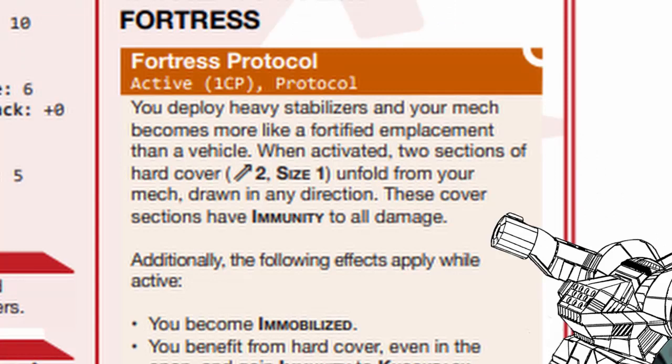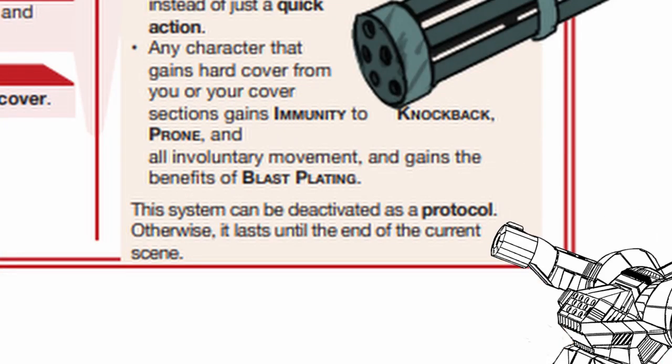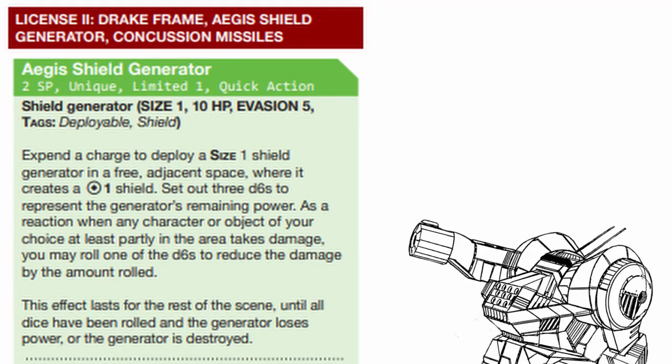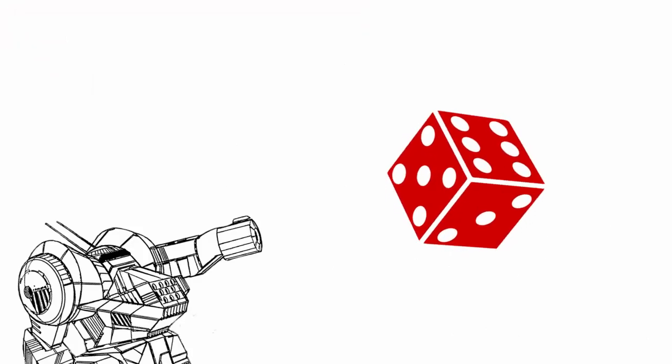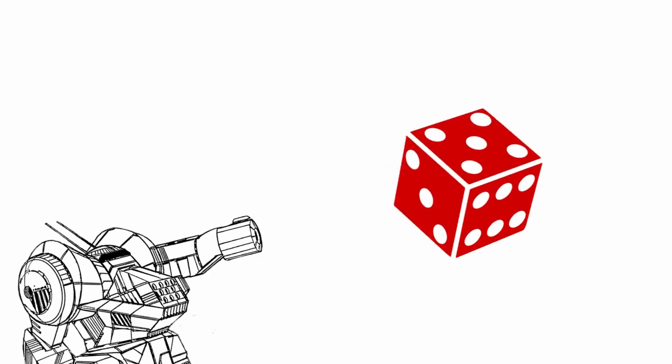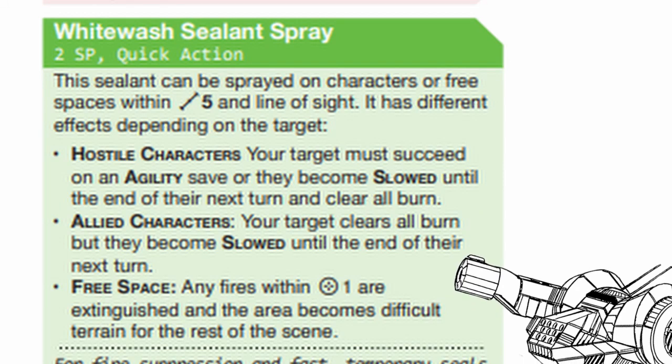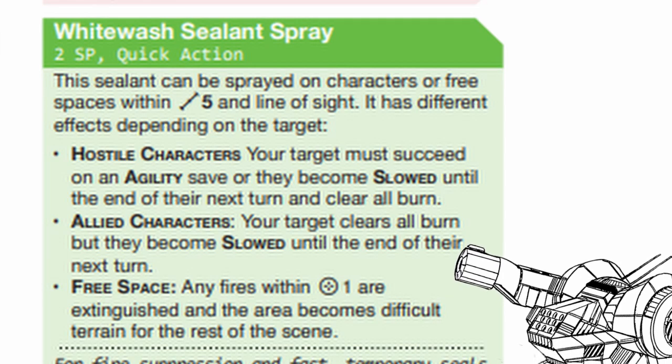Drake, its core power now actually ends at the end of the scene. Its trait, Blast Plating, now affects Burst 2. An Aegis Shield Generator now works only 3 times, each time you roll a d6 to reduce damage by whatever number you rolled. Lancaster, Sealant Spray is renamed as Whitewash Sealant Spray, and now slows targets until the end of